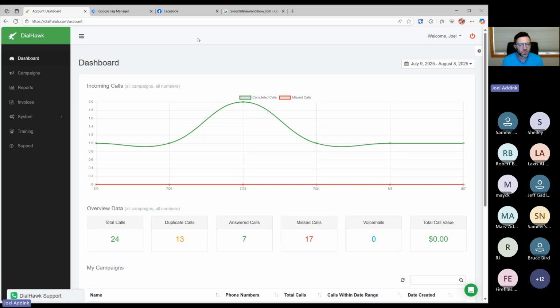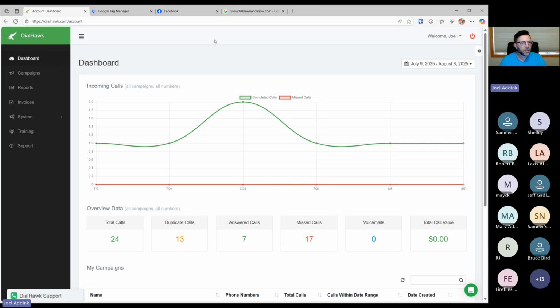This allows you to see how your phone calls are being generated through your website for you and your clients potentially to be able to determine which campaigns are working, which ones aren't, which ones we should invest more in, which ones we should maybe stop investing anything in. It's really a powerful feature to be able to determine where you should be spending your money